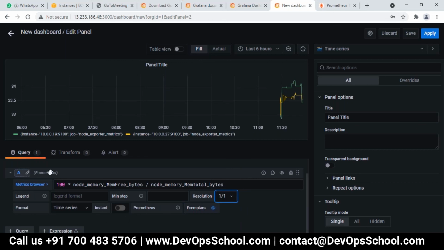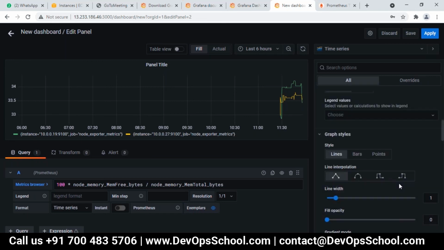And once this is done on this panel, just do one thing. Panel title. I have mentioned panel title is the name of this dashboard. So I'm going to mention it as memory percentage.